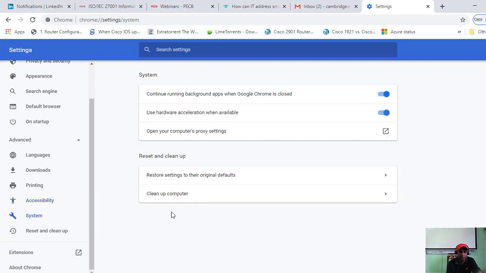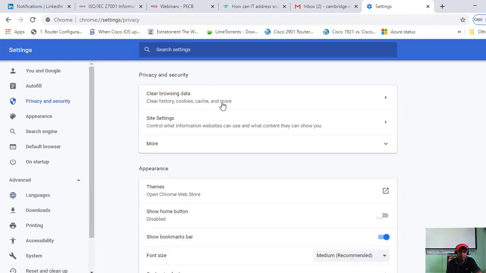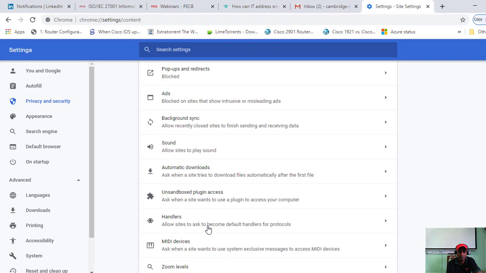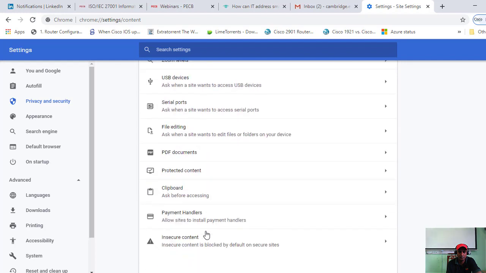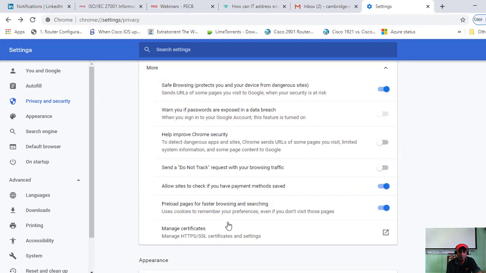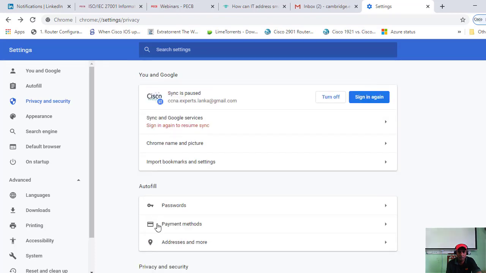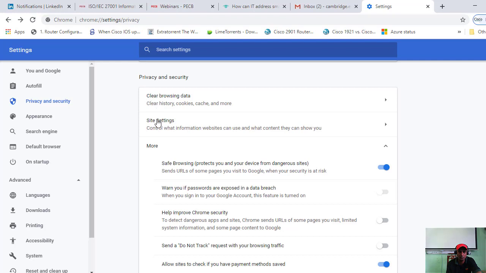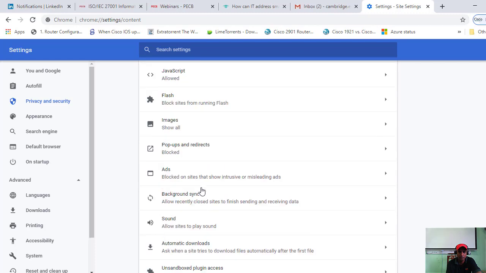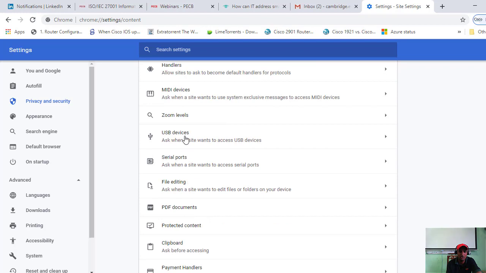It should be in this one, the privacy and security. It's there. Yeah, somewhere here it should be. Site settings, camera, flash, ads. See, a lot of security features are there.